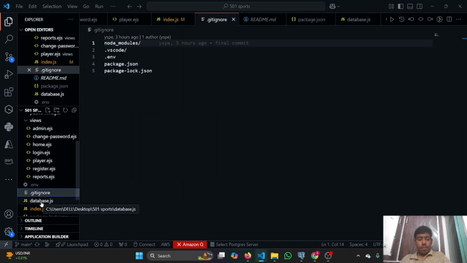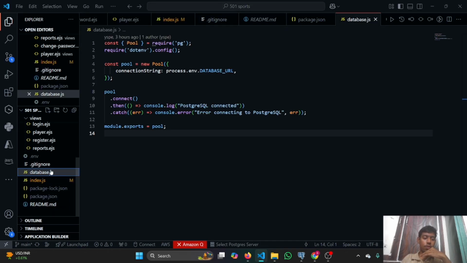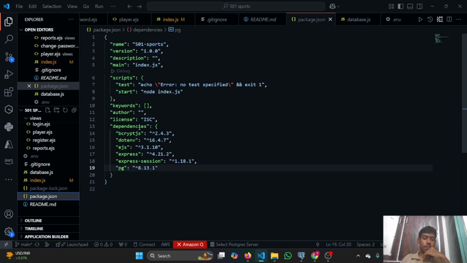But if you want to know how to do it, you can check my GitHub repository. In the readme file, I have given everything on how to access my files and how to create the code, how to get the setup right, such that you can implement it and check it entirely. This is the database.js file, and these are the general information, right? Over here, I have given a start script,